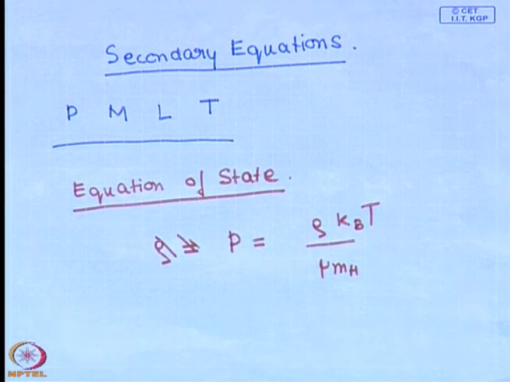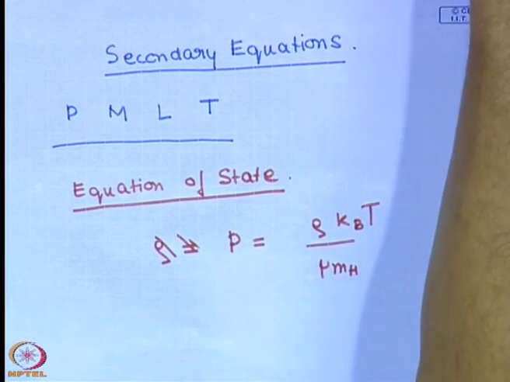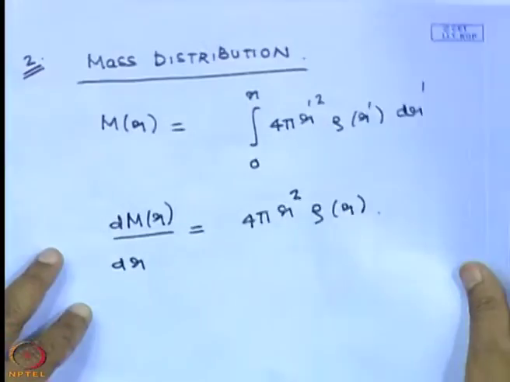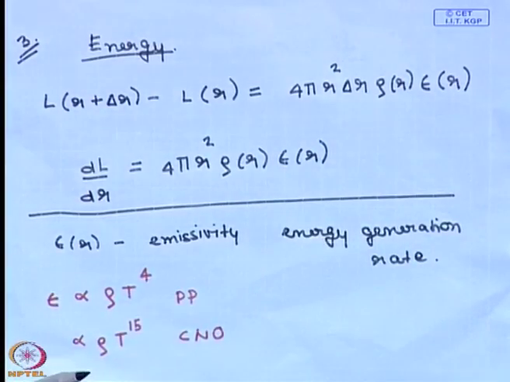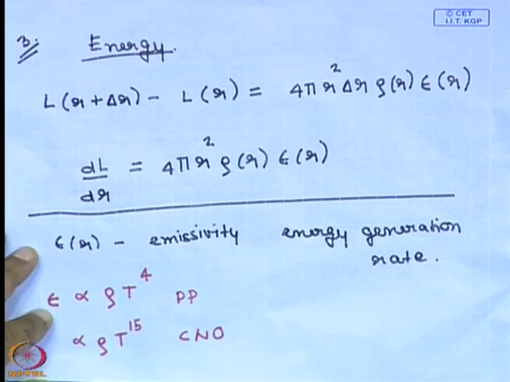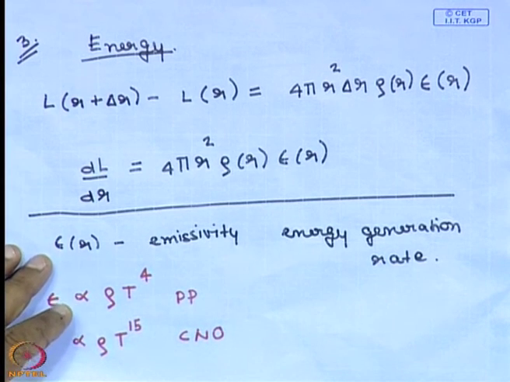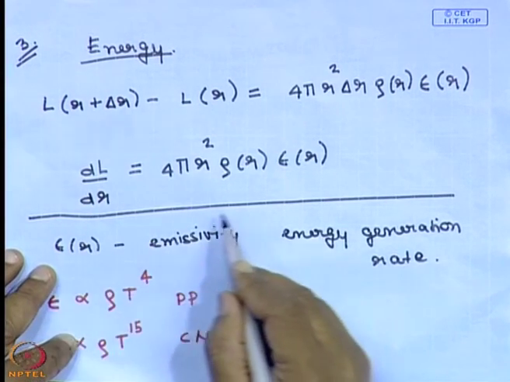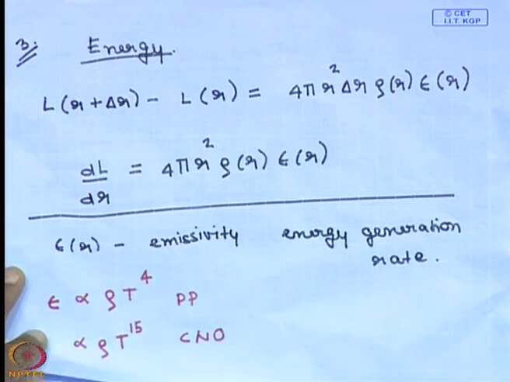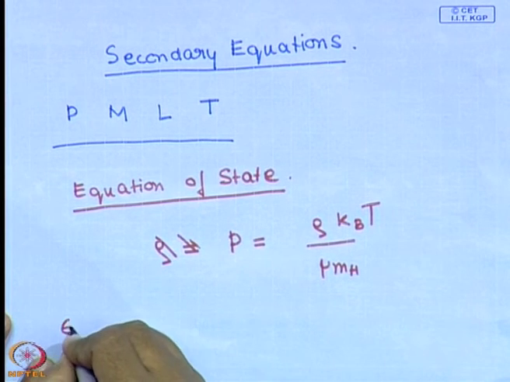You also need some other factors. So, let us look at those. Let us look at the mass profile. The mass profile does not involve anything new. It has a density, which again you can express in terms of pressure and temperature, but the moment you look at the luminosity, it has the energy generation rate or the emissivity. That comes in when you want to calculate the luminosity, the rate at which the energy is being generated at different parts. So, you need to be told the energy generation rate epsilon,